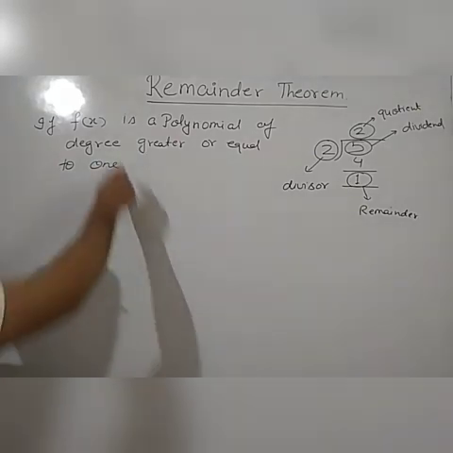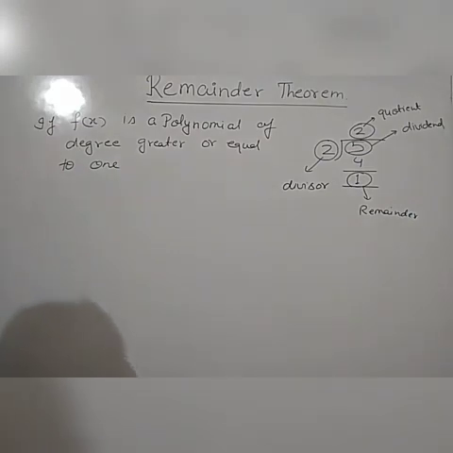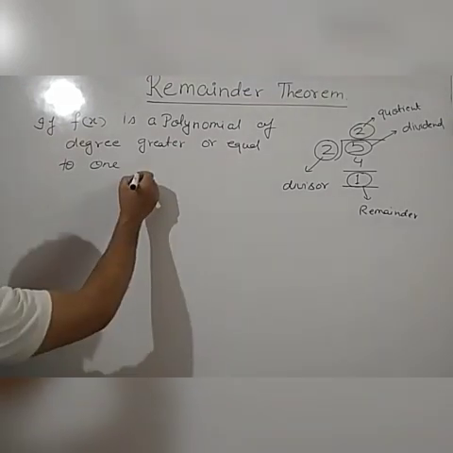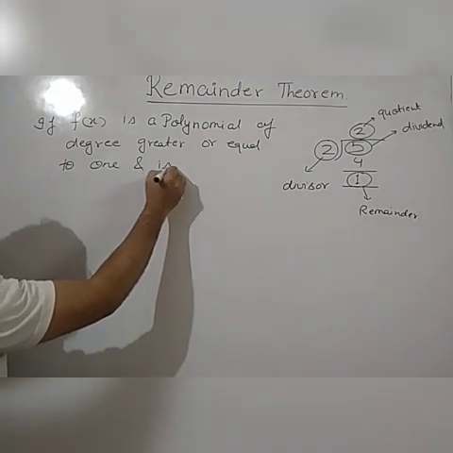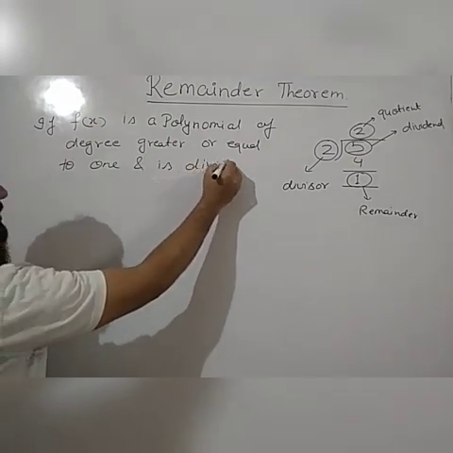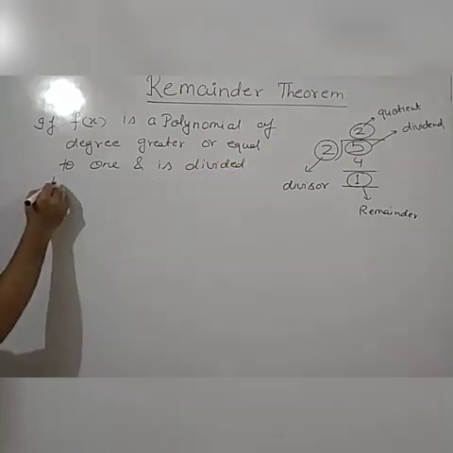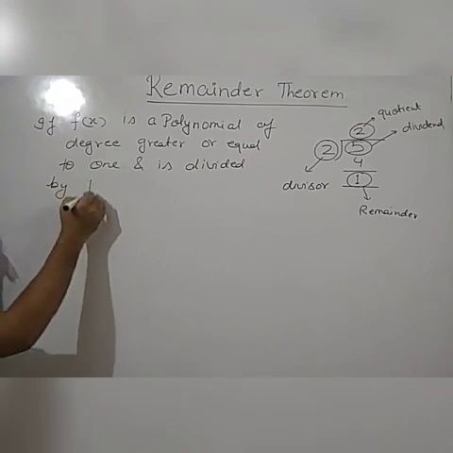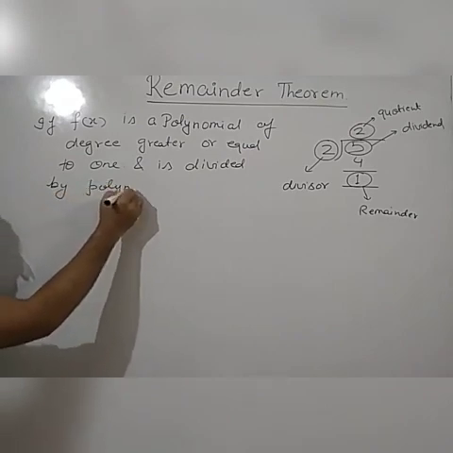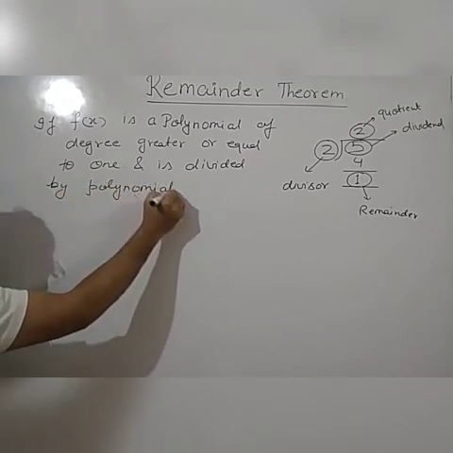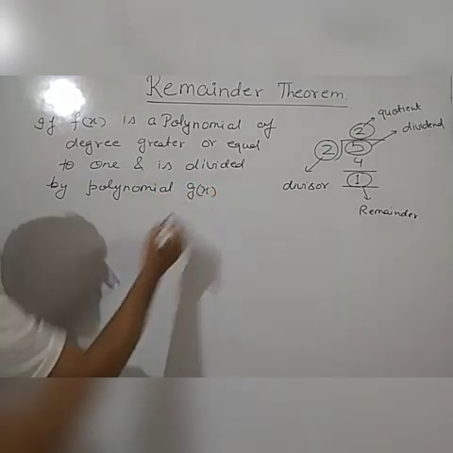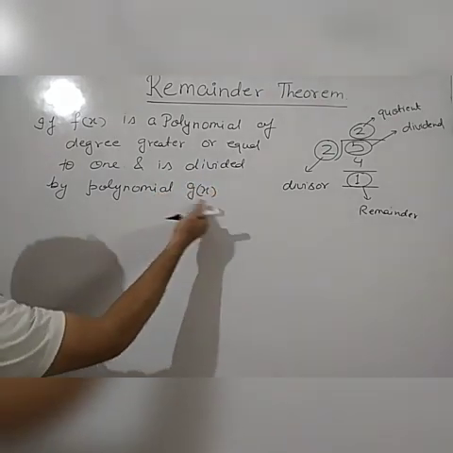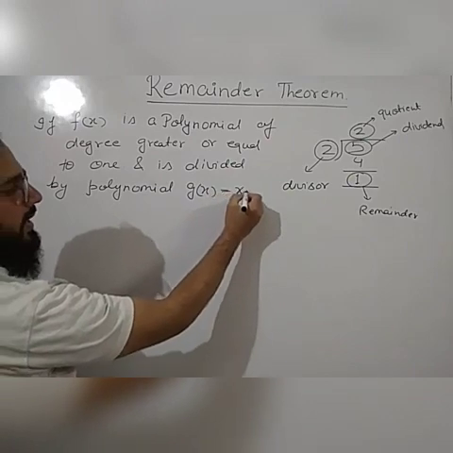If f(x) is a polynomial of degree greater than or equal to 1 and it is divided by another polynomial g(x), which is given by x minus a,